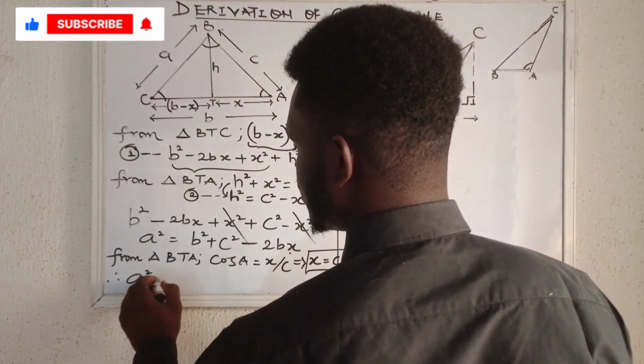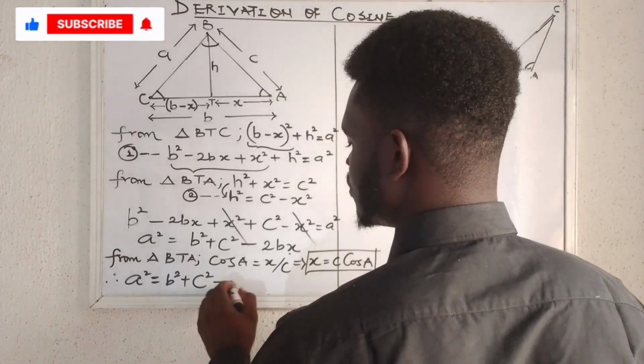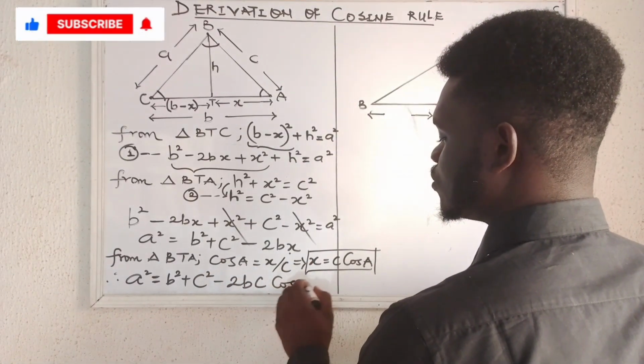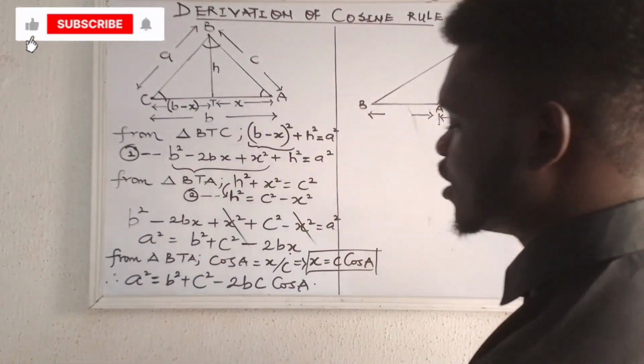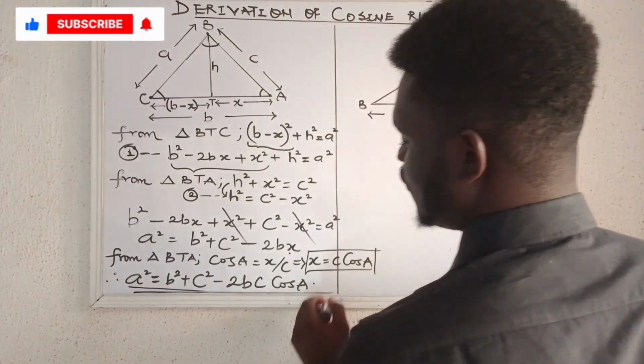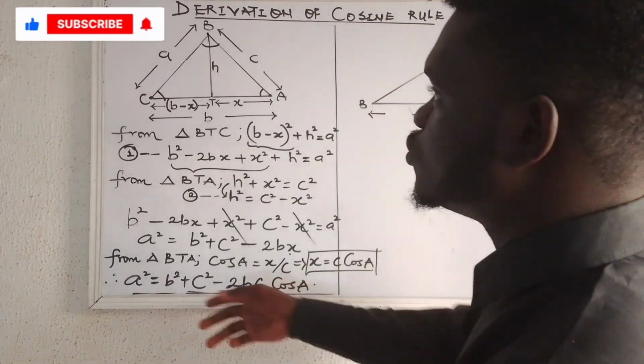Once you have gotten this value for x now, you can go back to this equation. Therefore, a square will be equal to b square plus c square minus 2b, what is x? x is c cos a. Now this is the formula. This is the final proof. Yes. This is the formula that many of us are very familiar with, that we use in